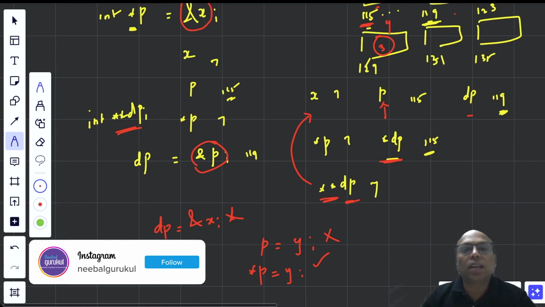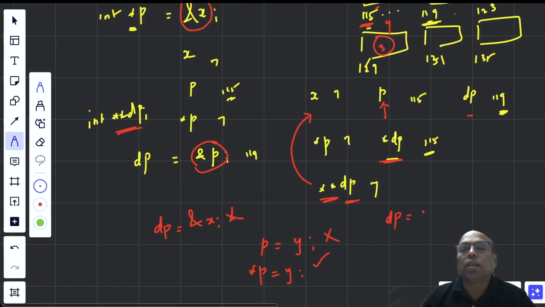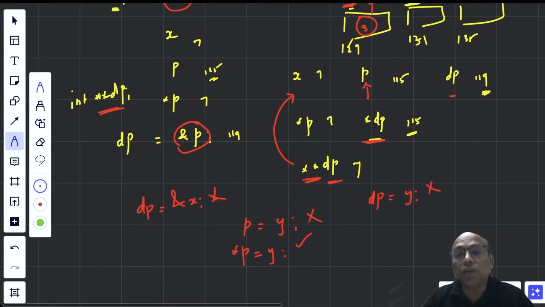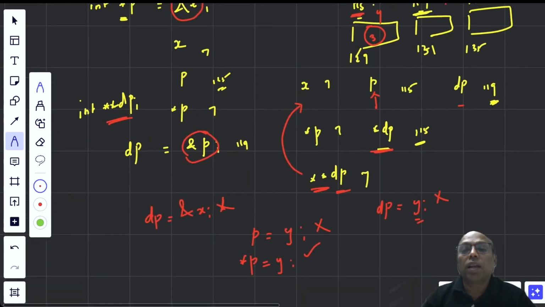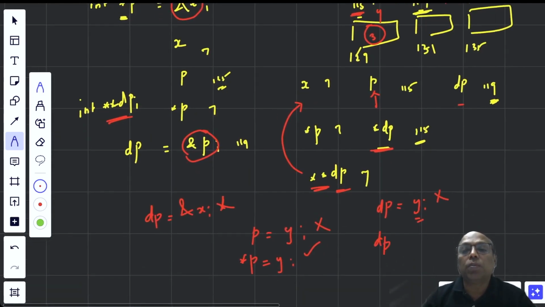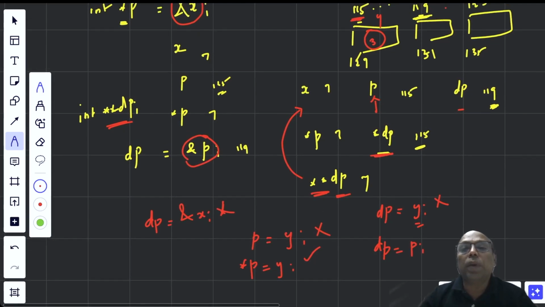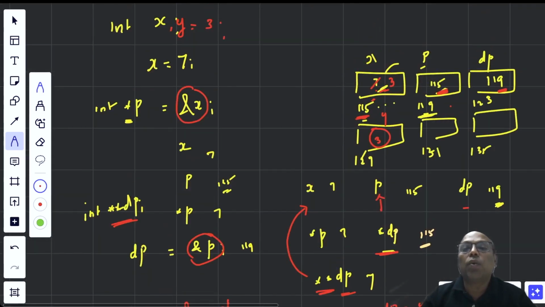Next is, can I say dp is equal to y? No. Why? Because y gives a value. A value cannot be stored by a double pointer. Can I say dp is equal to p? What is p? P is 115. 115 cannot be stored by dp. Why? Because 115 is an address of an ordinary variable, whereas dp can only store an address of a pointer